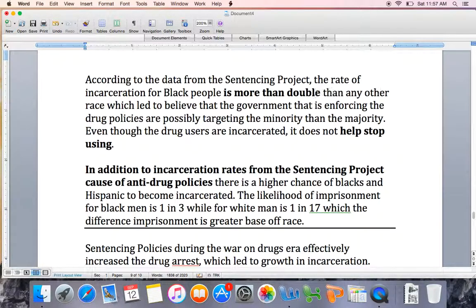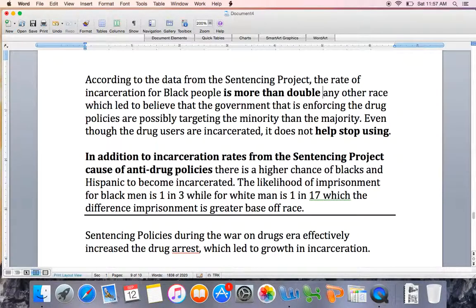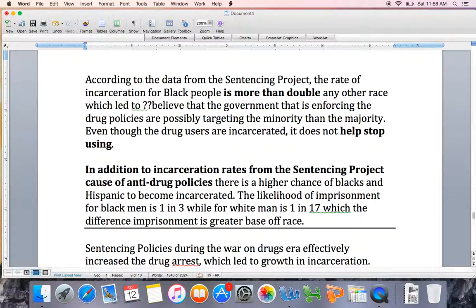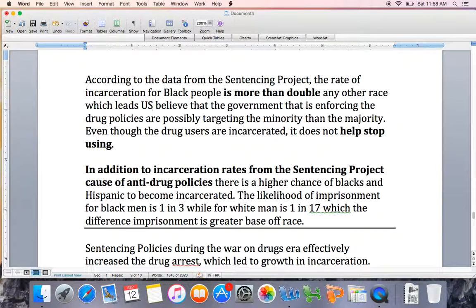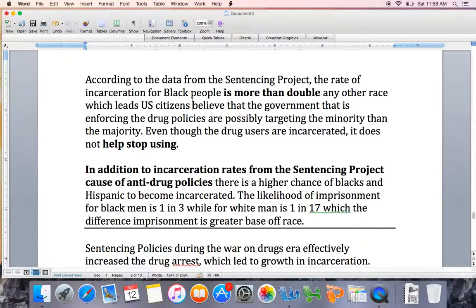more than double any other race, which led who to believe? Which leads U.S. citizens to believe that the government that is enforcing the drug policies are now, who is this "are" referring to? The government, right? The government is one singular entity. So the government that is enforcing the drug policies is possibly targeting the minority rather